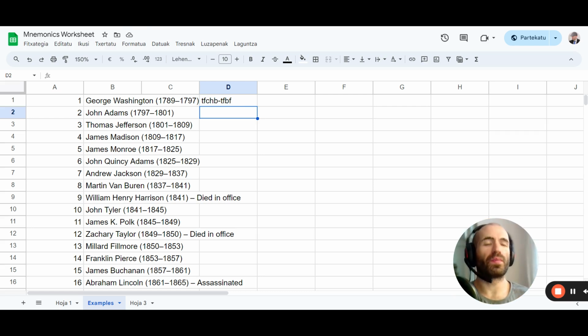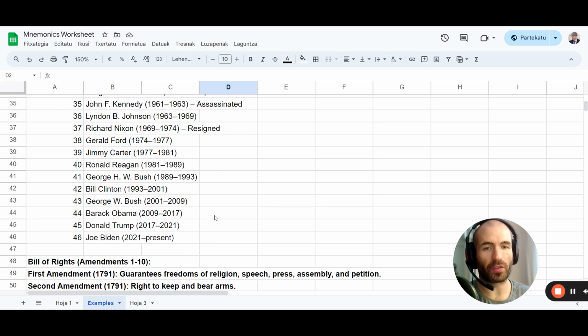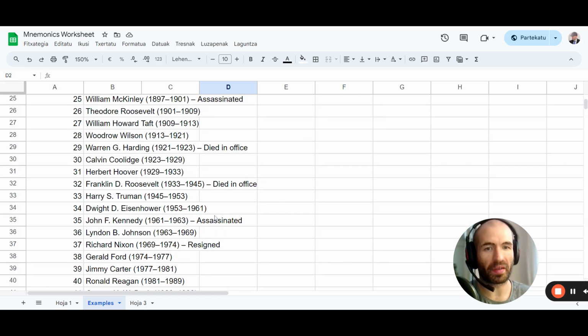And yeah, we find two words for this, two words for this, and we create the whole image, like George Washington with a teapot, and then all of this. And you just keep doing that. This obviously is going to be time consuming. I'm not going to do this with the whole thing because I'm not going to memorize them because honestly, I just don't care. I just wanted to show you